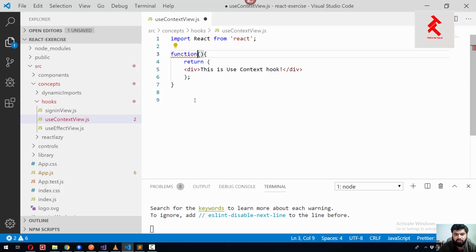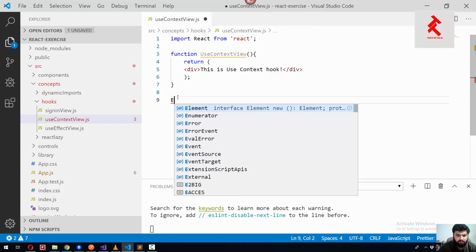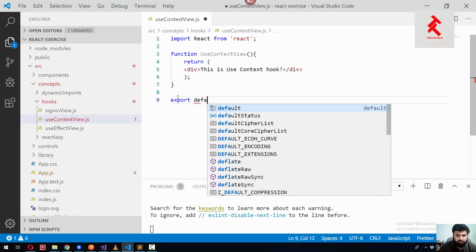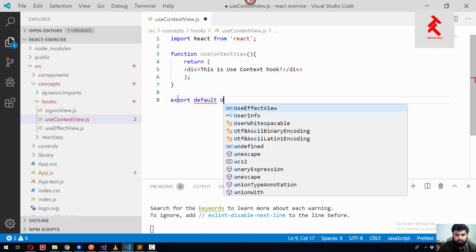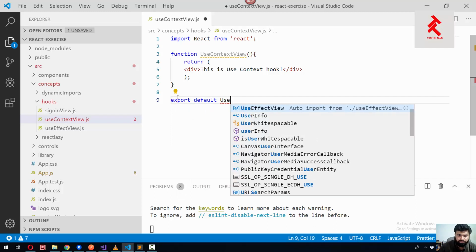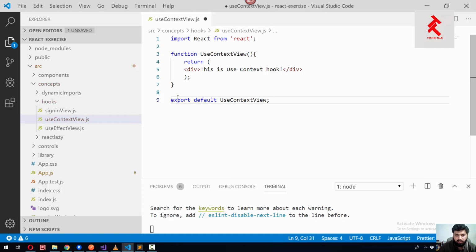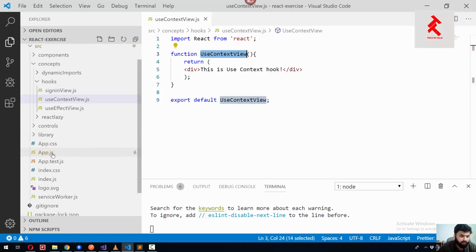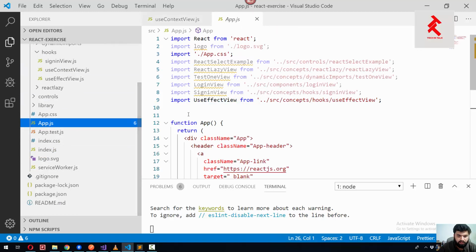The name of the function will be useContextView. Right, and let's export default useContextView like this. And let me quickly import this useContextView in my app.js file, where all other examples are imported already